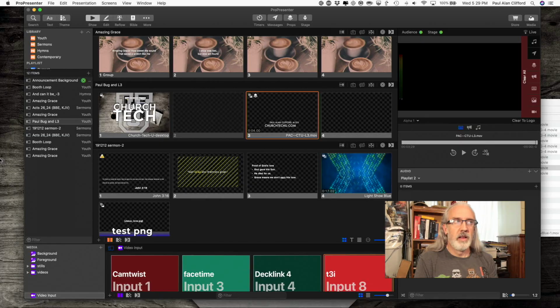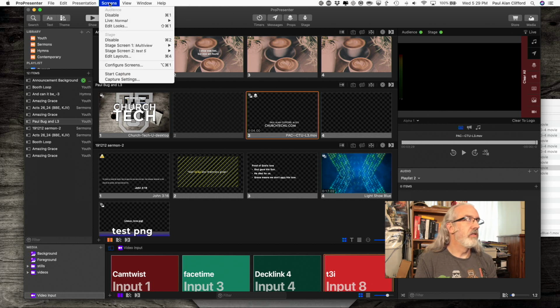One thing that I discovered kind of accidentally the other day is that each output in ProPresenter can have its own background color. So why would I want to do that? Well, let's head over to my computer and take a look. Here we are in Pro 7 once again, and if we go into Screens and then Configure Screens,